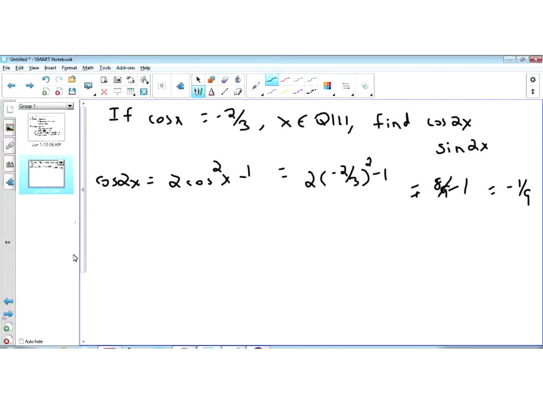Okay, and so the sine of 2x then is equal to 2 sine x cosine x. Okay, and so we know that the sine of x from the Pythagorean identity is equal to plus or minus the square root of